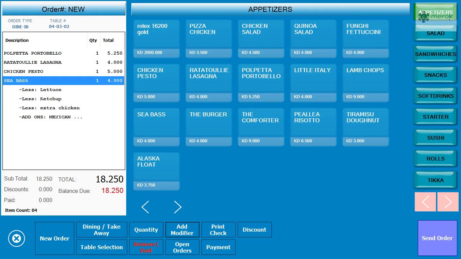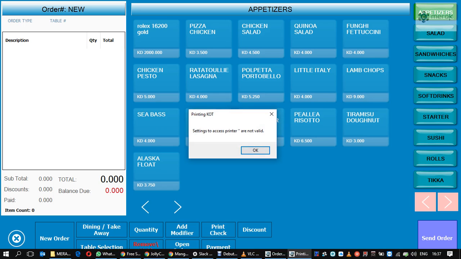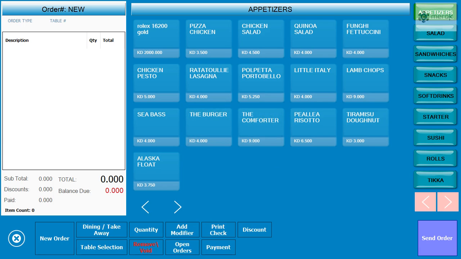Now once you have processed the order, you can say send to kitchen. Once you send the order to the kitchen, let's say I'm clicking on send to kitchen right now. Why is it taking time? Because my system is not connected to a printer, so it's showing system setting errors. I'm not worried because the printer is not connected. But if the printer is connected to a kitchen, the order will come to the kitchen.